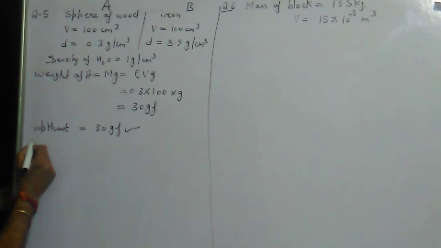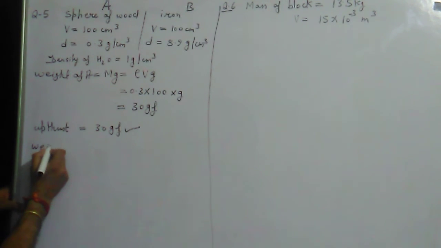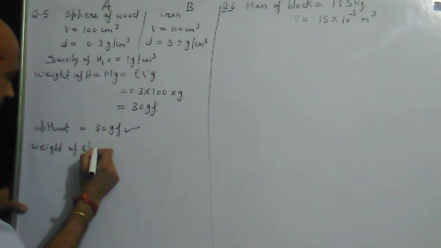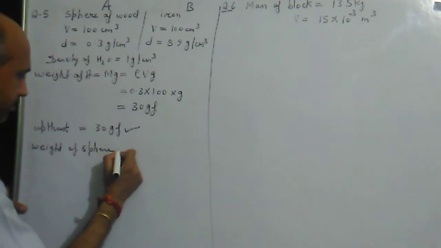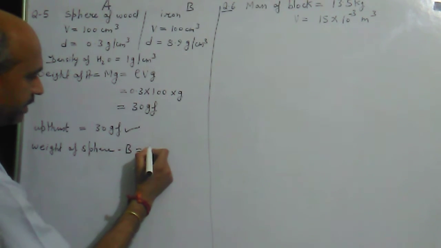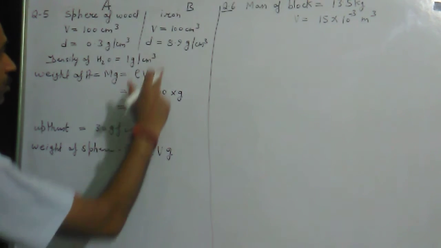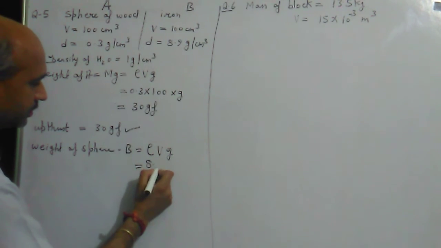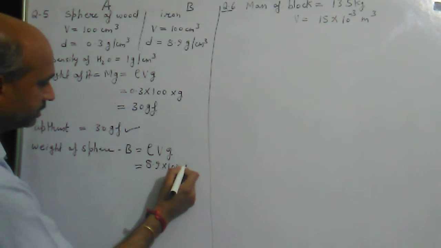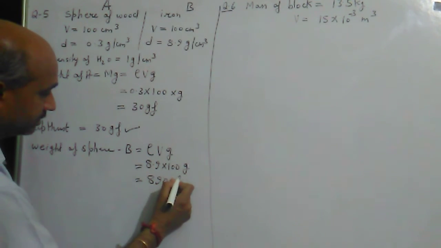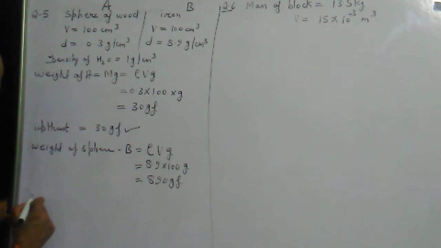Now for the weight for sphere B, again it will be equal to rho Vg. So when we talk about the rho, rho means 8.9, V means 100 only, and g means only g. So on calculating this, we are getting 890 gf. Now going for the upthrust